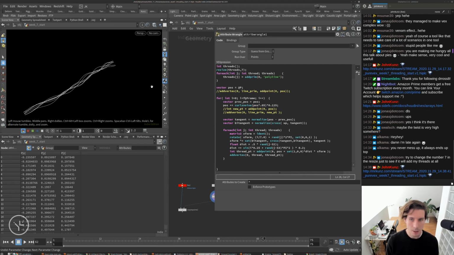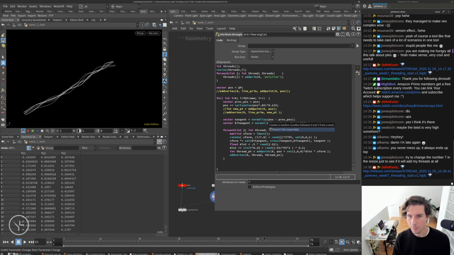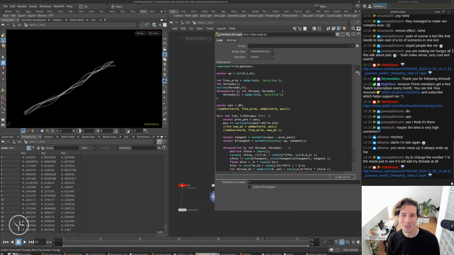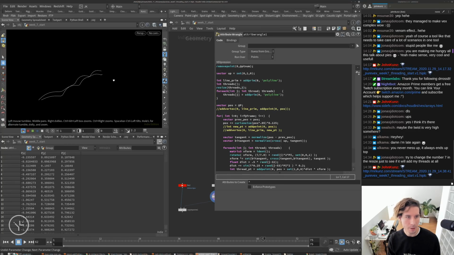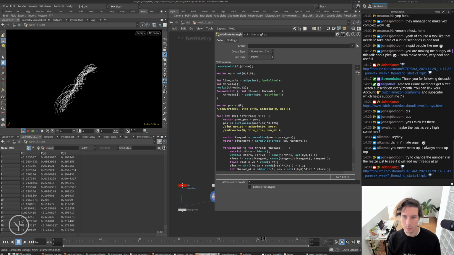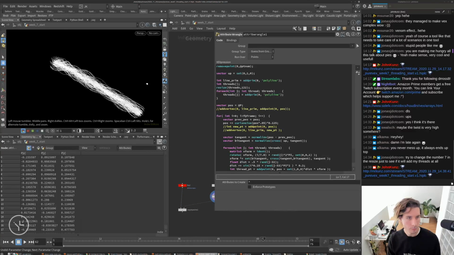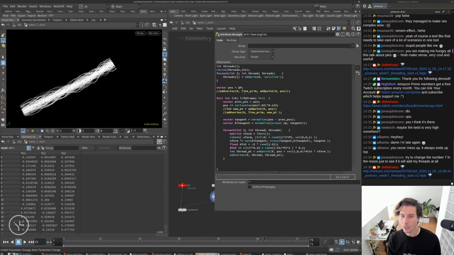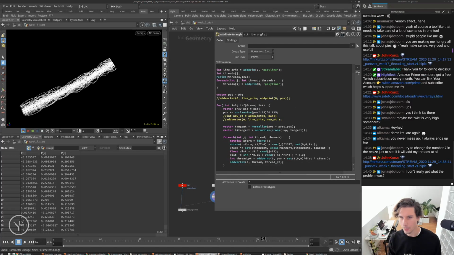So the big reason behind all the stumbling and blundering I did is that we just have a single number now that we can change if we want to control how many other threads we have going around our curve. So before, we would have had to make all of these primitives